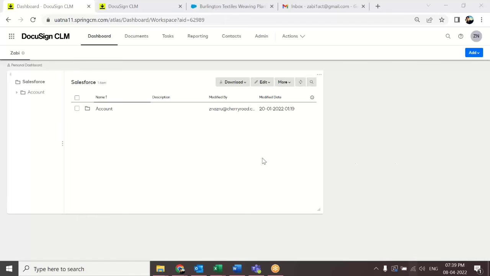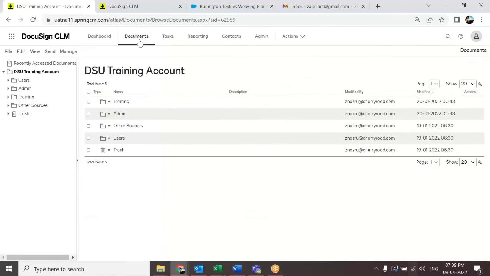Okay, once this is done, let's go for the documents. I'll just click on the documents. Under documents, earlier we saw the completed workflow process. We also want to know how the documents are completed. Or let's know how the completed documents are stored in CLM. For that, we need to go to admin, and there are all these folders and subfolders here. So we go to workflow,